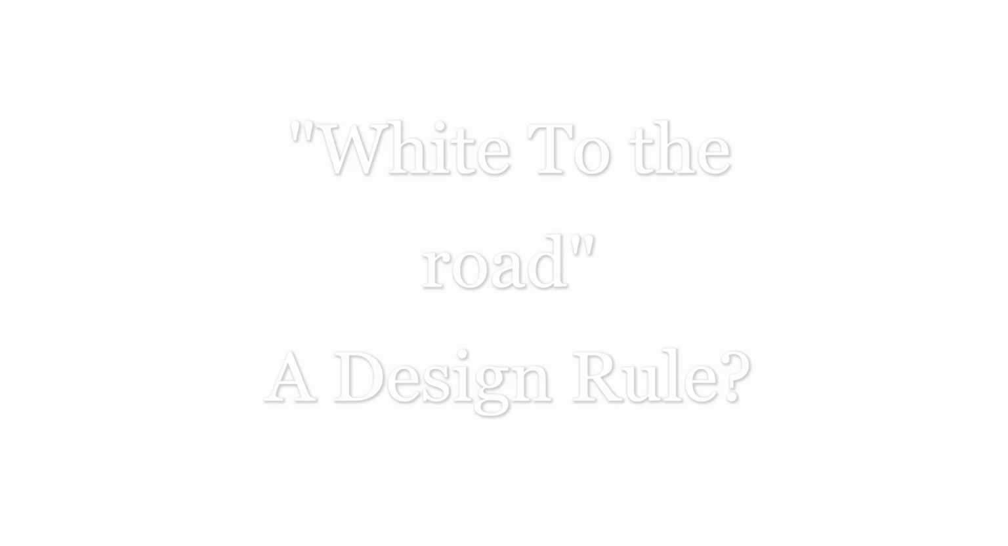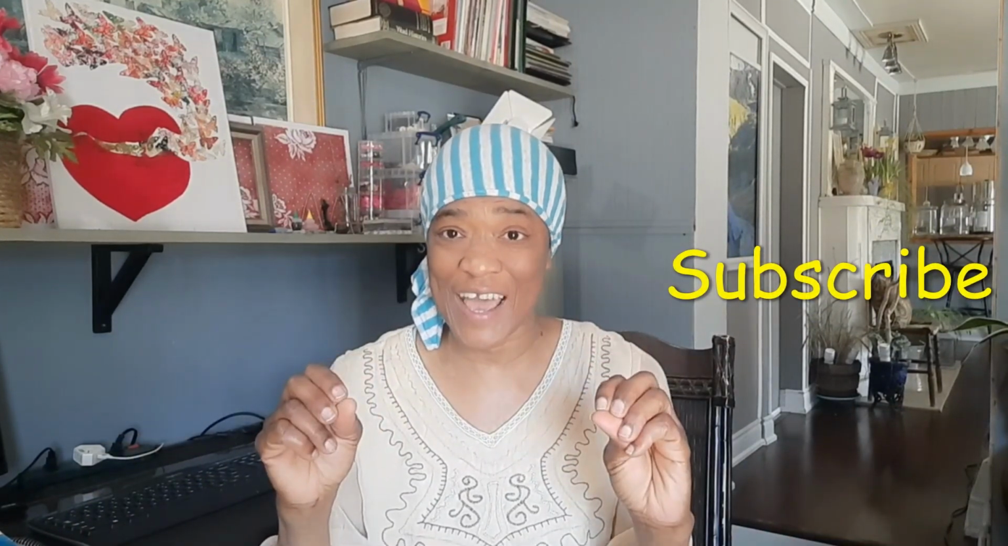Now, in this video, I am looking at a term which is commonly used in design and decor, and it is "white to the road." If you have 4 or 5 or 6 windows in the front of your home and you have different colors in each room, when somebody passes your home and they look at your home, they will see all the different colors looking back at them. White to the road ensures that when somebody looks at your house, they will see just one color